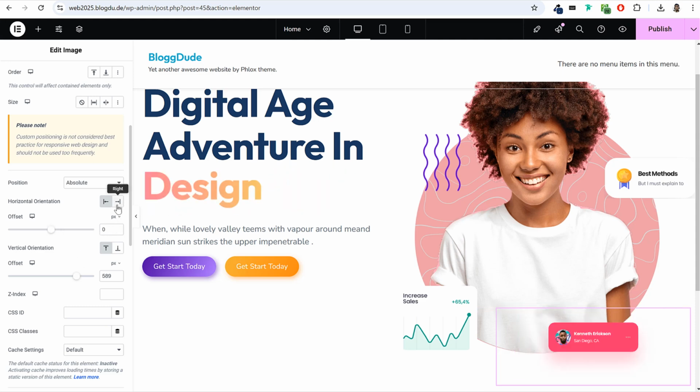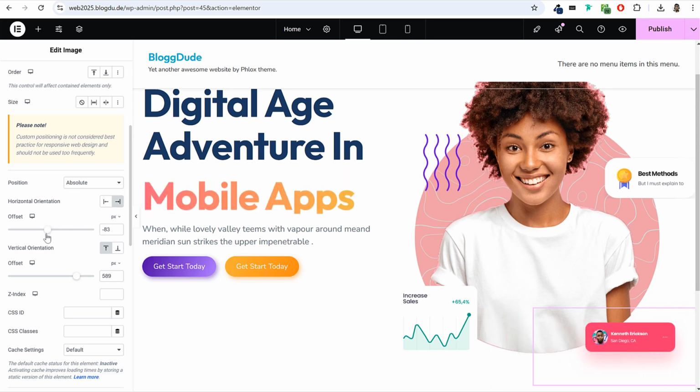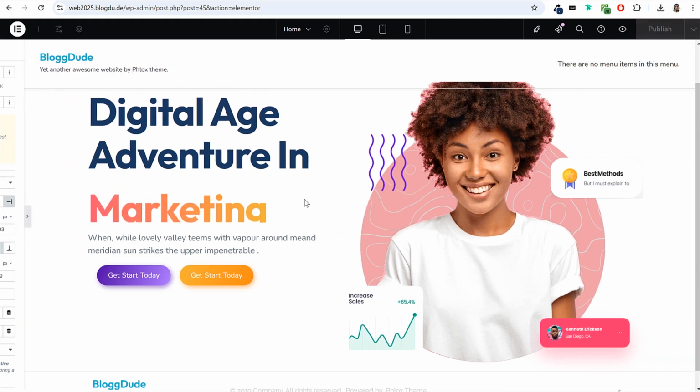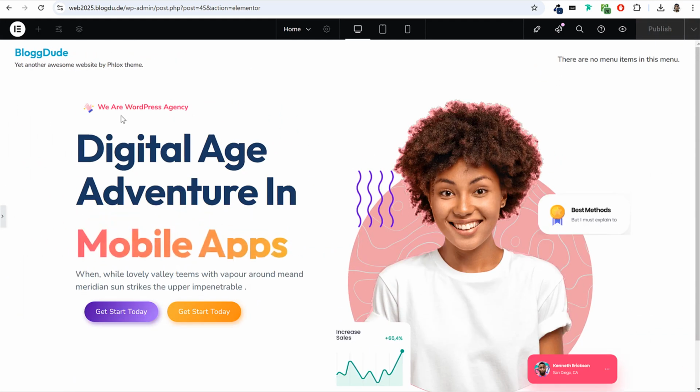All right, make sure the position, horizontal alignment, make sure you have selected right. Okay, so this is how it will look like. So wherever you want. Now here also you can see these texts are floating at top and the image is